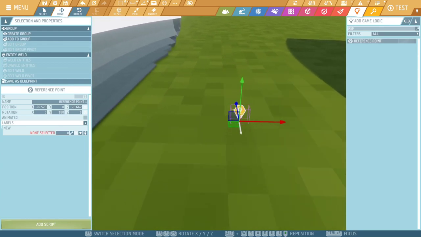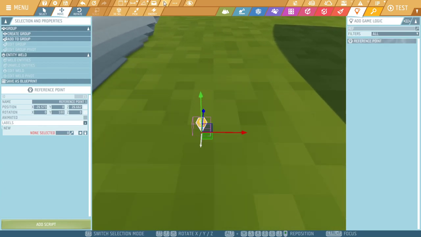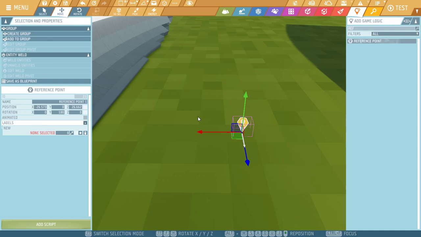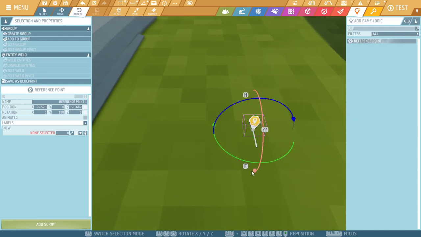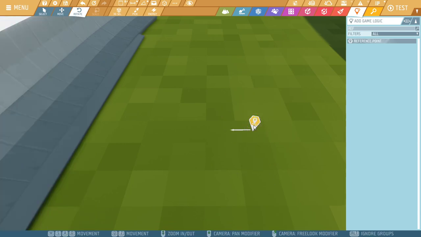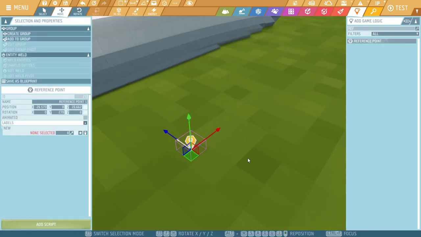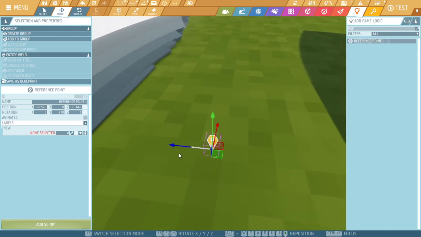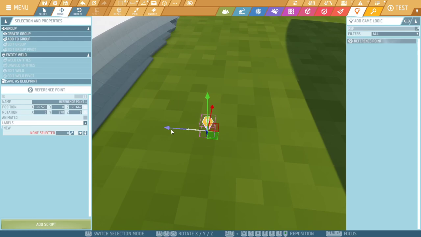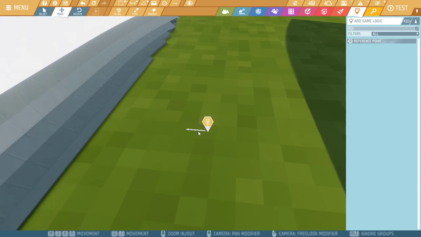If we place that down here, I'm going to turn on local coordinates so that we can see which way it's faced. The mirror tool is going to mirror over the XY plane. That's the plane formed by the red arrow and the green arrow. So we want to rotate it in this orientation so that the plane is orientated in this way. The other way to see this is to look at the arrow from the reference point, and that should be